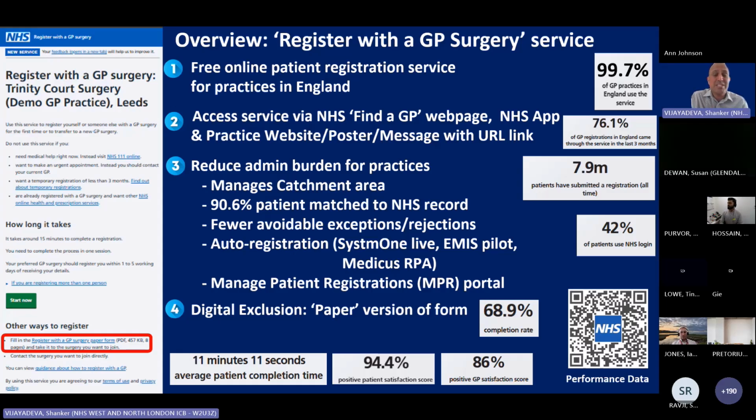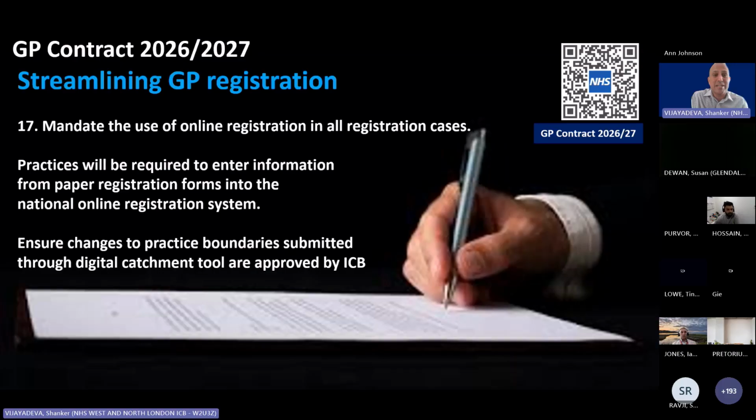And about 42% of patients do use the NHS login, which means that some of the information is filled in for them. And the satisfaction rates are high from both practices and patients, and the completion rate is pretty good. Almost 70% of patients, when they start the online registration process, will complete it. If you want to know more about this data and drill into it a bit more, this QR code takes you to performance data, and we are going to go a little bit more into that,